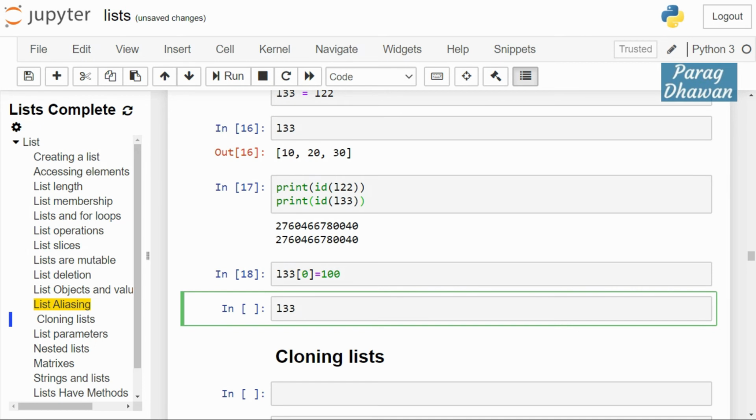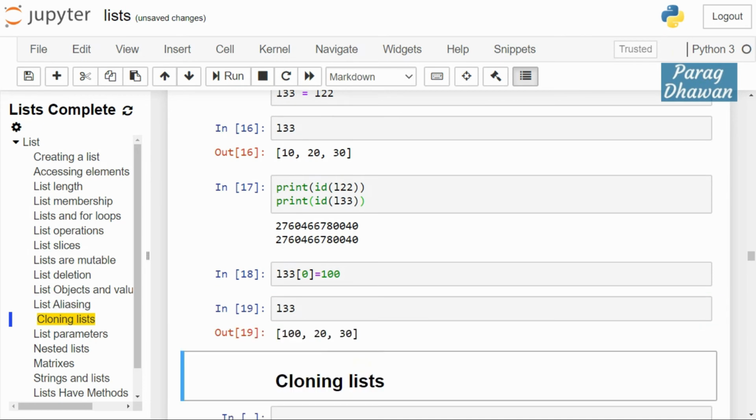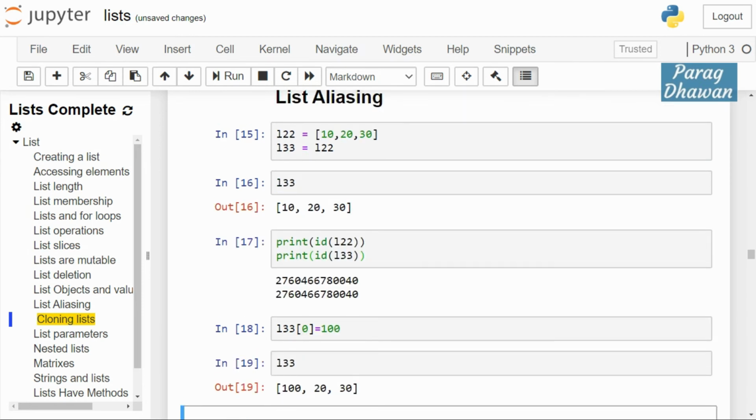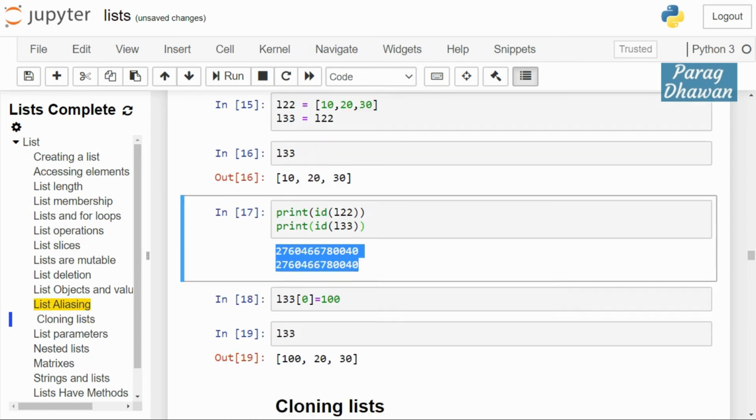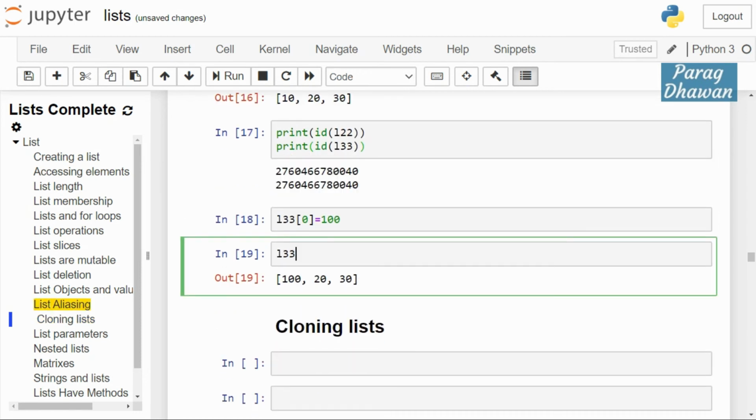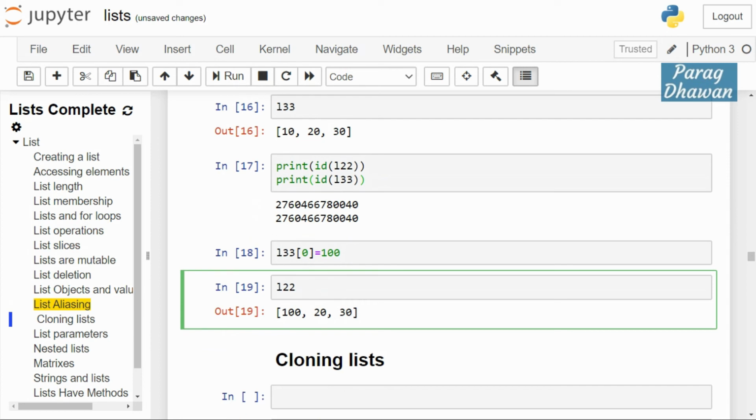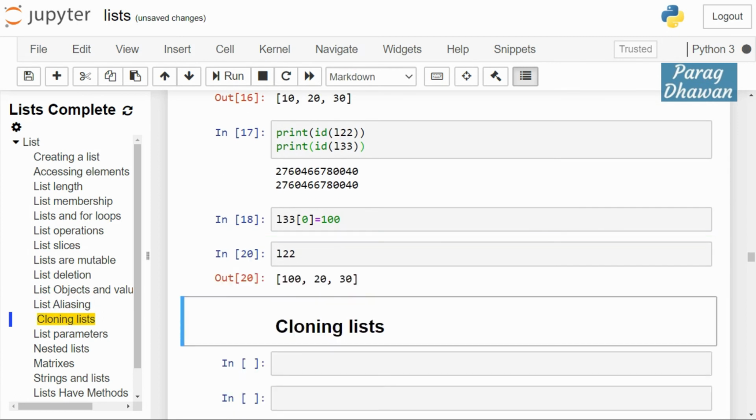Print the value of L33, you can see 100, 20 and 30. But this change is reflected in L22 also because they were pointing to the same memory location. The update is done in place. So if you print the value of L22, it should show the same output.